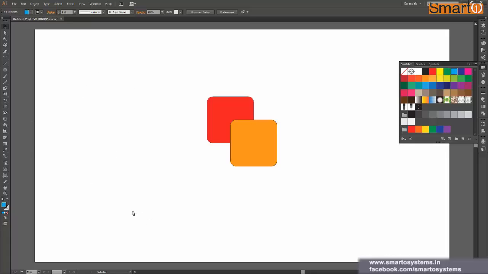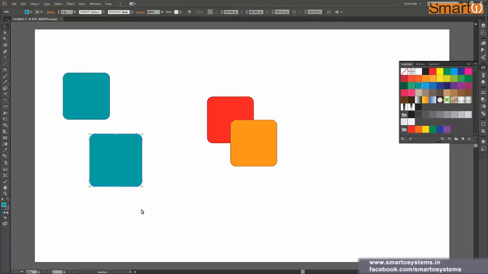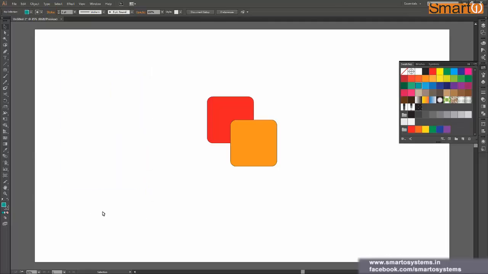Don't select anything on your canvas, or you can just have a selection tool selected, and from swatch library you can just pick any of these colors, and you can see that color will be reflected over here in your color picker. And after that you can go ahead and draw any rectangle, and it will be reflected to that particular shape. Okay, so here I have selected this ocean blue color, and let's get back to our shape builder